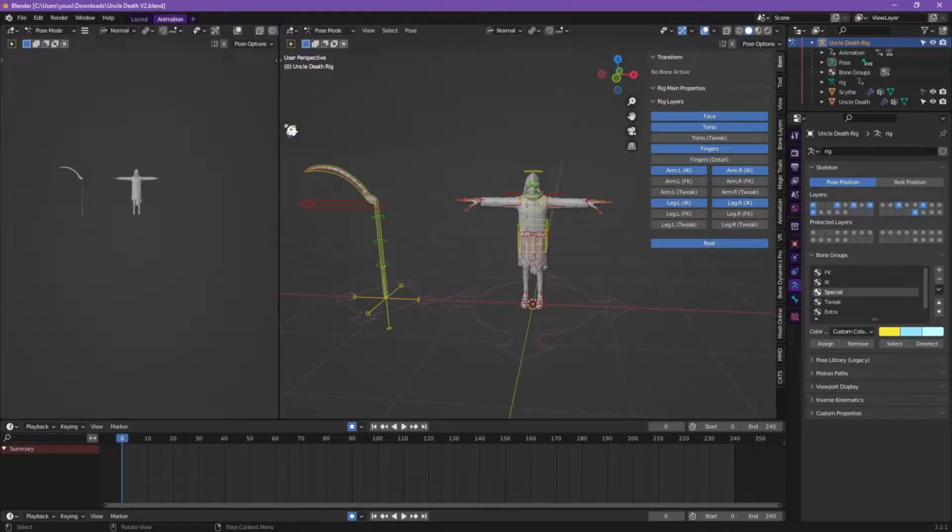Once you have read all this, you can move to the top left and click on the animation workspace. Here you'll be greeted with the Uncle Death and Scythe rigs. To start off, you should see the rig UI on the right. This menu is called the N menu. To toggle this menu on and off, you can press the letter N on your keyboard. If you do not see what I see here, make sure you allowed execution of the Python script when launching